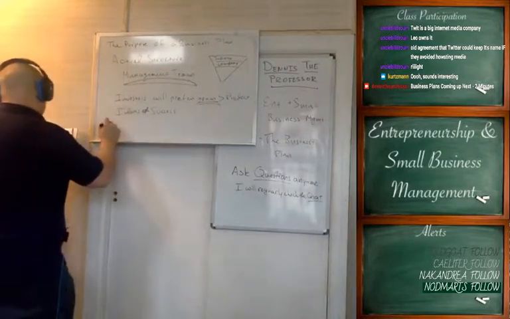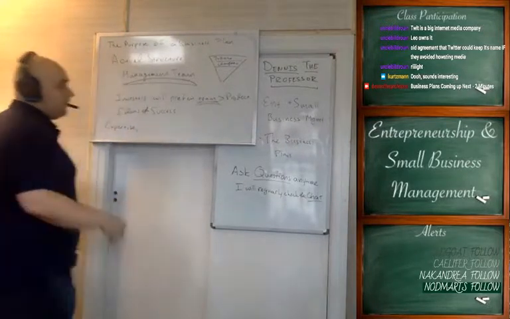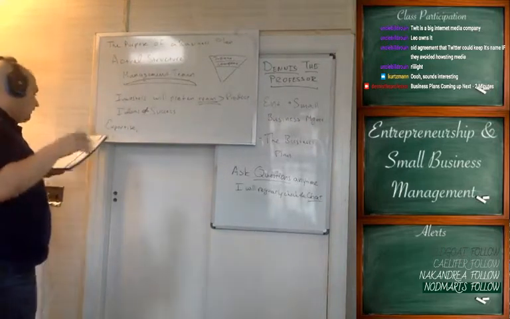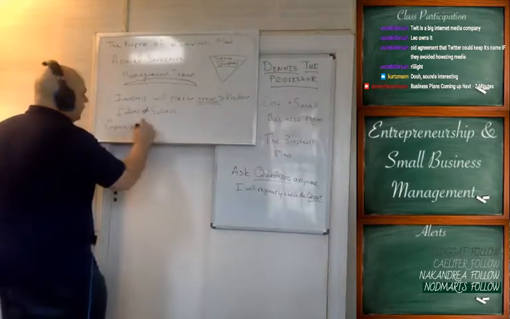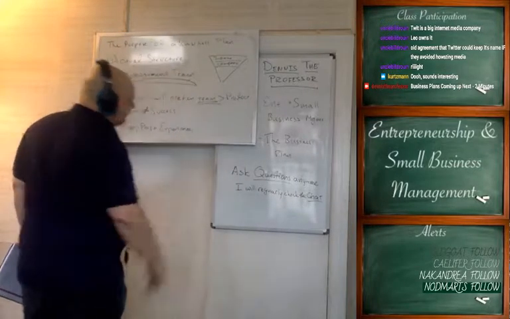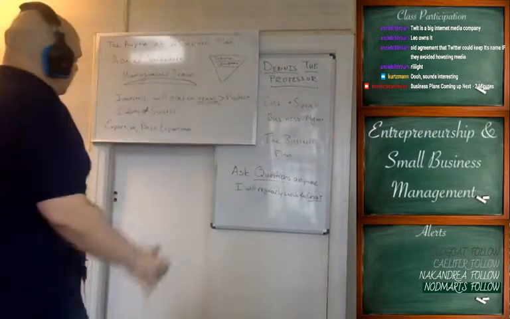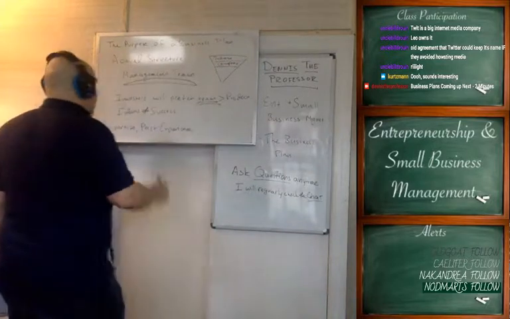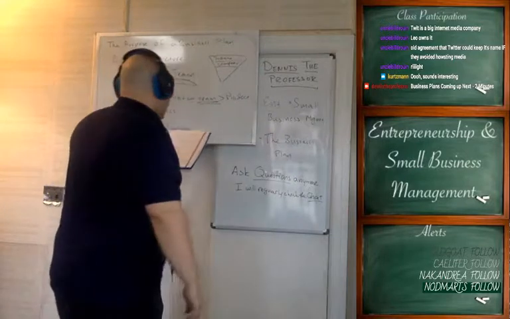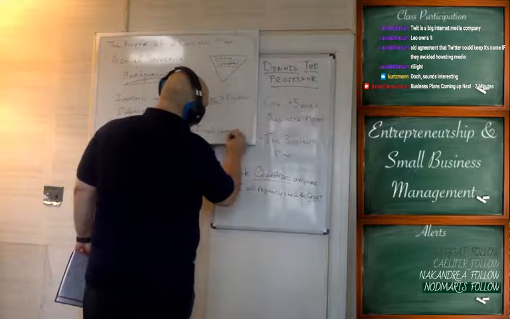Some of the things you want to talk about is your expertise. If you're building a software company and you're a software engineer, great, that's fantastic. What's your expertise in? Why are you specifically fit for this, and why is the rest of your team fit for this? Your past experience. Unless it's related, they don't care that you worked in a fast food chain when you were 17 years old. It doesn't mean that if you can't relate it, you shouldn't put it in ever, but the fact of the matter is, your past experience should relate and reinforce your expertise. That's very important. And then finally, your indication of networks.